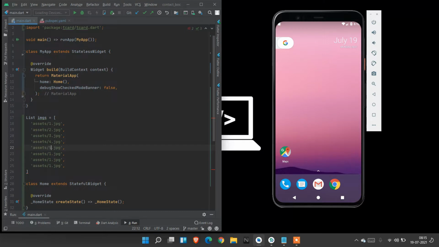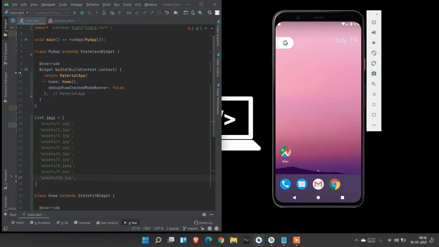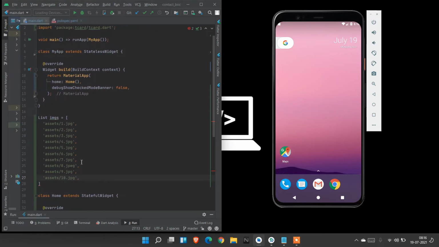The names of my images are 1, 2, 3, 4, 5, and the eighth one is a jpeg file. I placed 9 items in the list. I already placed them inside the asset folder, so I am only using them here. You can use network images. Place the network image links instead of these 9 assets.